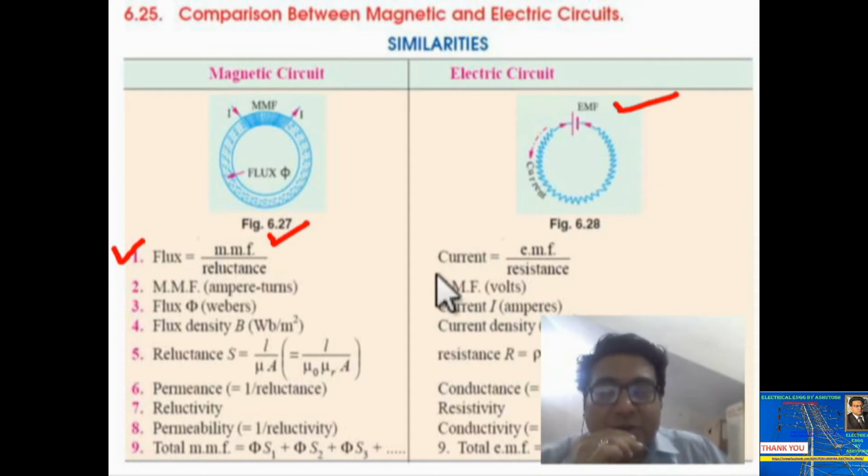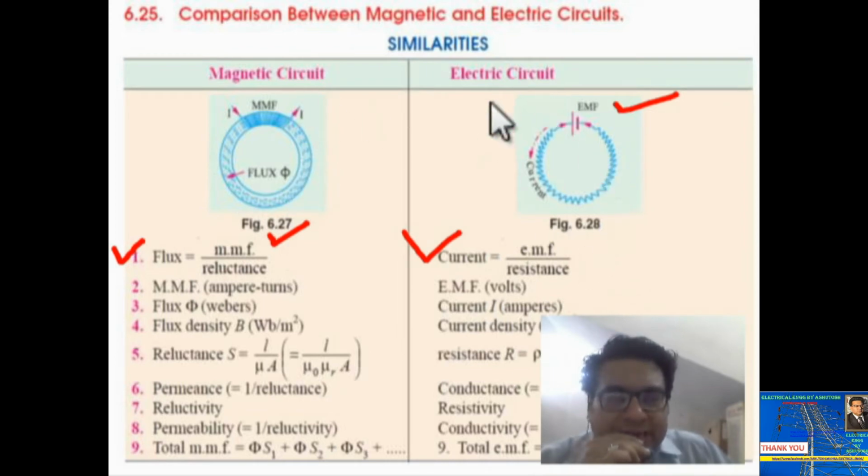You see, so here current will be there. So this is the first difference. यहाँ पर flux होगा guys. In the magnetic circuit there will be flux set up in the iron core. In the electric circuit there will be current which will flow, and the formula for current you already know: EMF divided by resistance. And guys, here EMF is called electromotive force, and resistance is the opposition offered to the flow of current. That property is called resistance of wire.